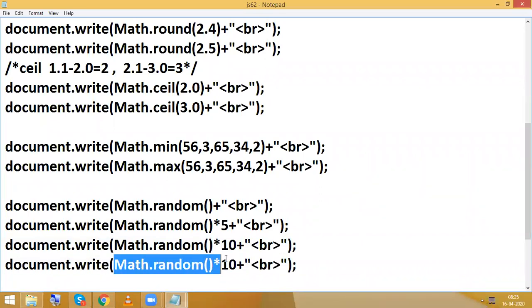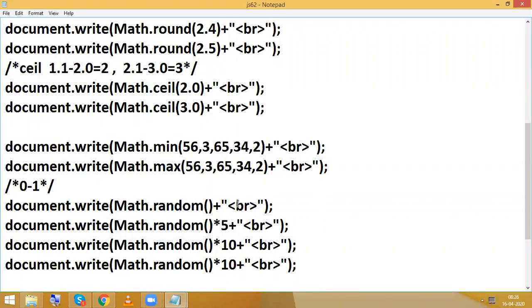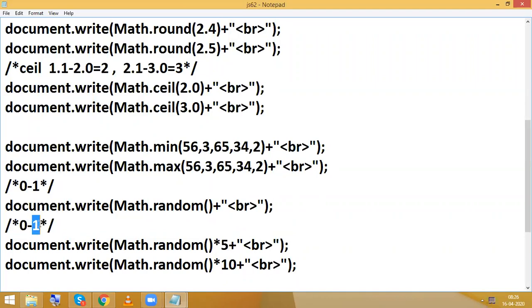So Math.random() * 10. What is the meaning of Math.random() * 10? It is going to generate in between 0 and 10. In the case of Math.random(), it is going to generate in between 0 and 1. So here in between 0 and 5 means you need to believe that it is less than 5, not 5.